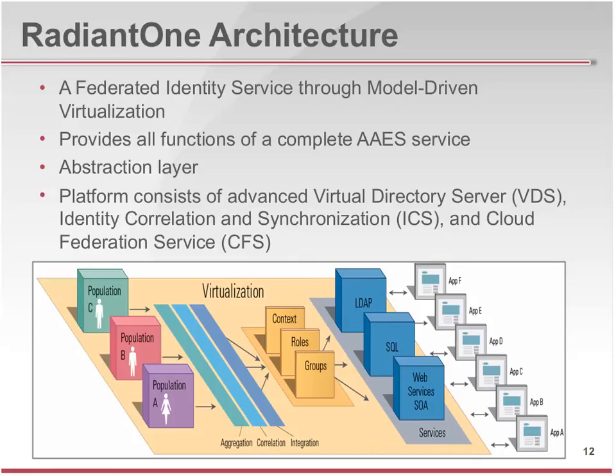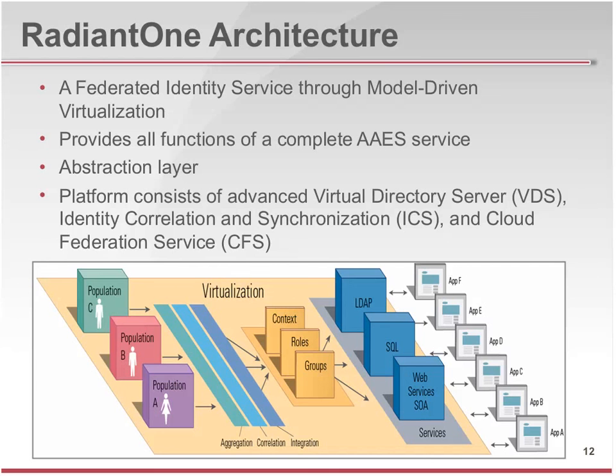And then the ability to build consumer-specific views, because various applications have different requirements for protocol. Some want LDAP, some want SQL, some want web services or REST services. And then also to be able to deliver the schema and structure, and in many cases the data, in the way that the application wants to consume it. And while we talk about attribute-based access control, one of the things that we continually see is that many of the applications that want to consume this data are still based on groups or roles, at least at a high level, so you have to be able to build the groups and the roles that match the needs of the applications as well. Often those groups or roles can be built based on attributes.